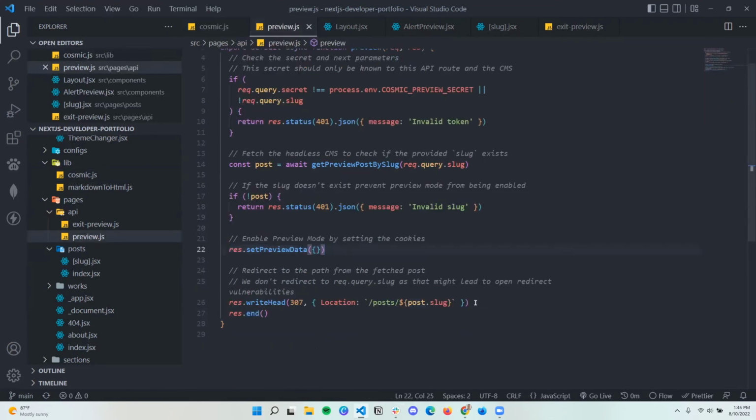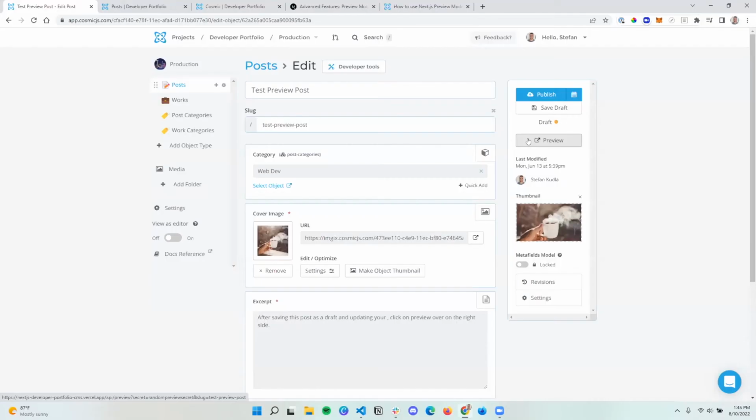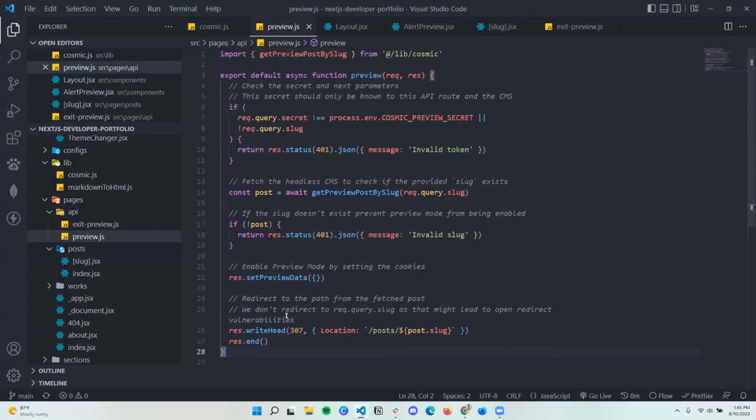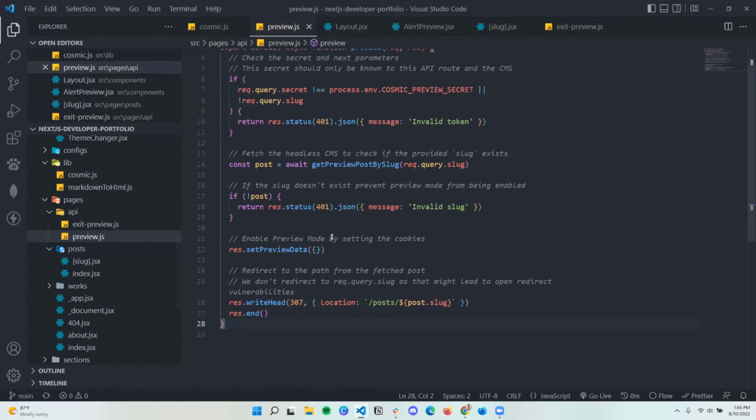And the last thing we're doing here in this API route is we are just redirecting to the location of that query. We're taking that slug, and as you can see, when we hit it, it's identifying that that's the slug we're hitting, and then bam, we're hitting right there. So yeah, and I would say that once you set this API endpoint, and you've told your application that you're in preview mode,